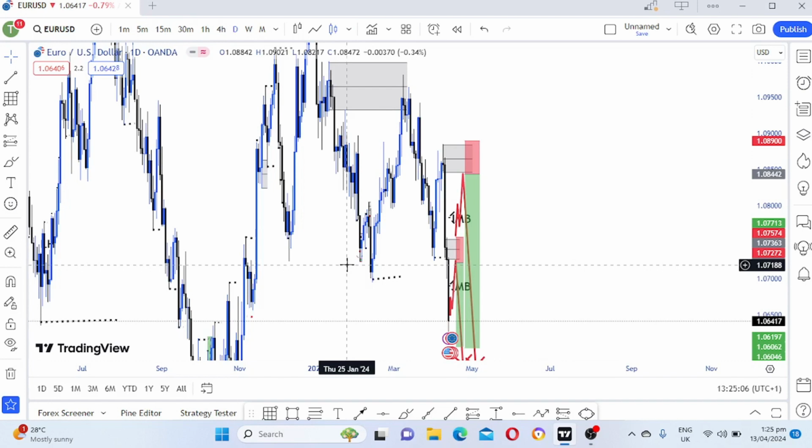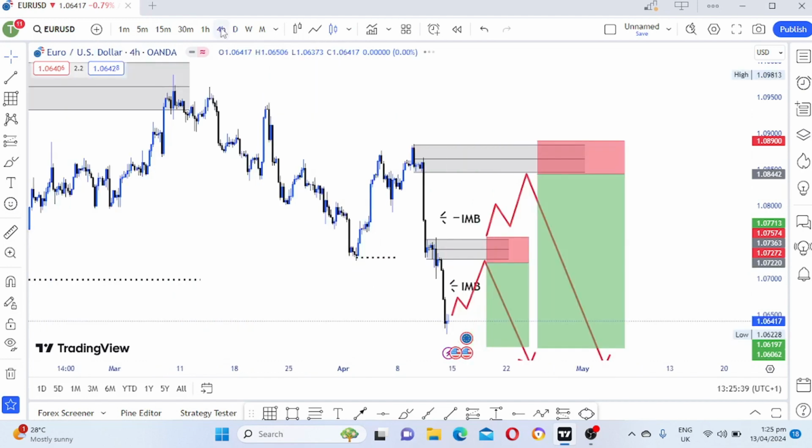So as you can see there, we are in a downtrend. Now we are expecting a pullback, and now let's shift over to H4 to show you what is happening there. This is our current